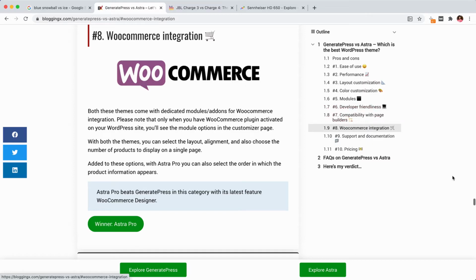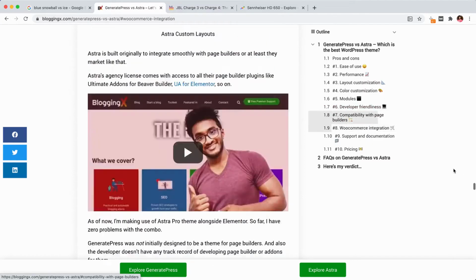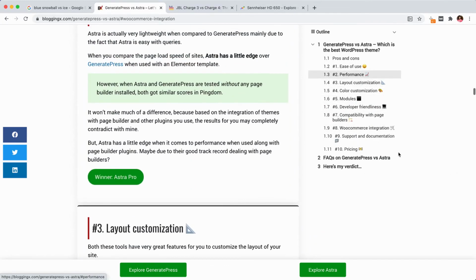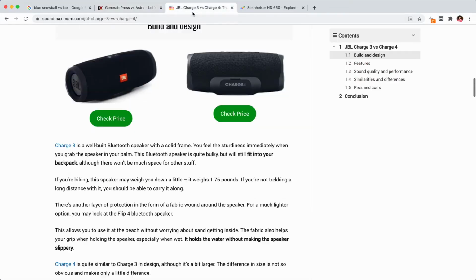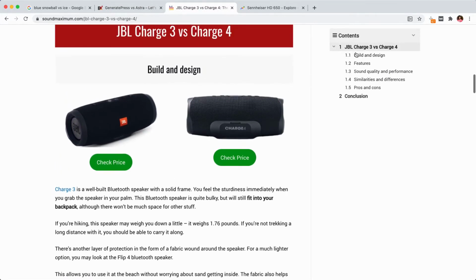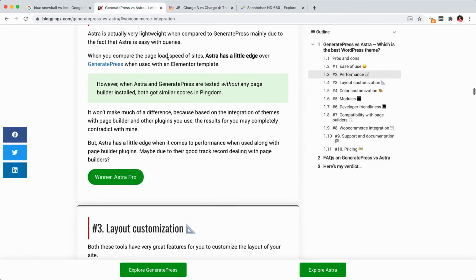So you need to determine what are all the needs of the people even before writing your first line of your comparison content. When you really have a deep empathy towards the needs of the people, it will be very easy for you to formulate the aspects around which you will be comparing the products. Okay, so for example, we have JBL Charge 3 versus Charge 4. So when it comes to a speaker, build and design is the first one, and all the features that it offers, and sound quality and performance is also a good feature that we need to cover in case of speakers. Depending upon the type of product that you are covering, there will be some aspects that you need to consider.